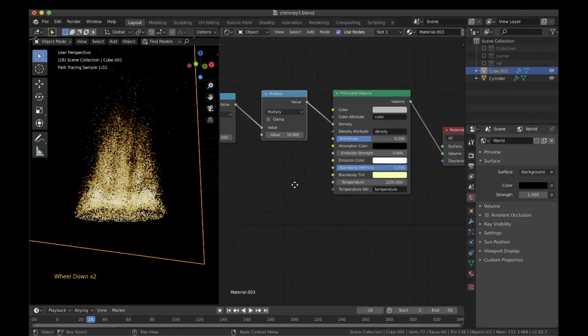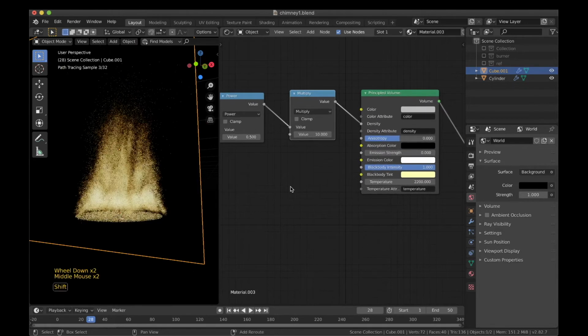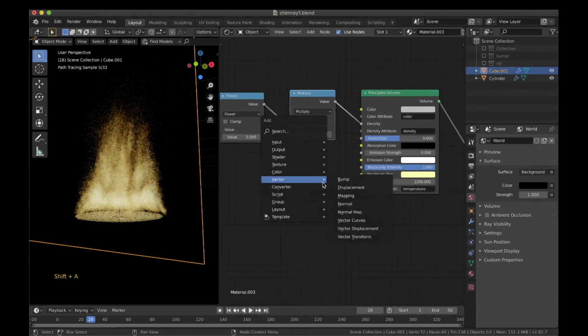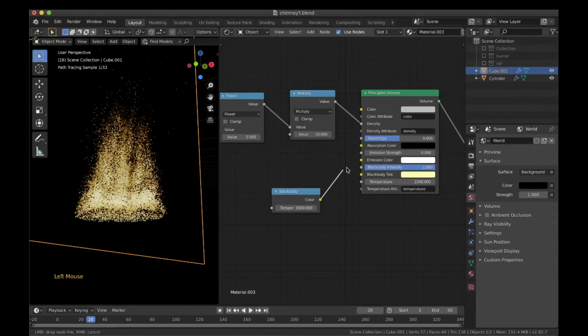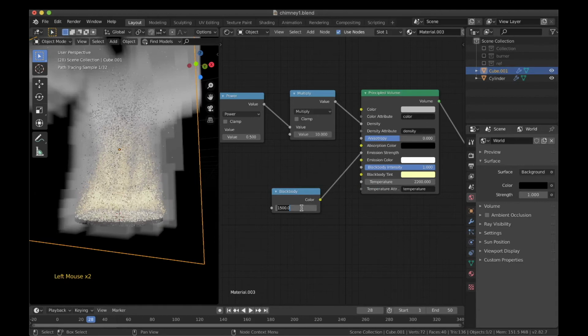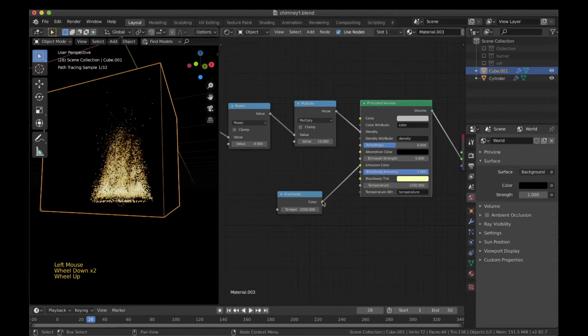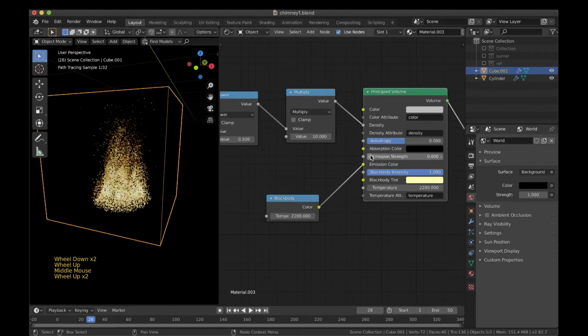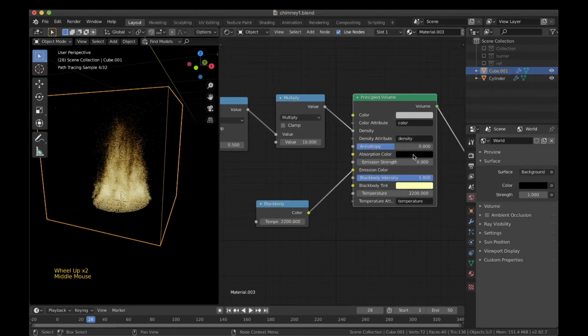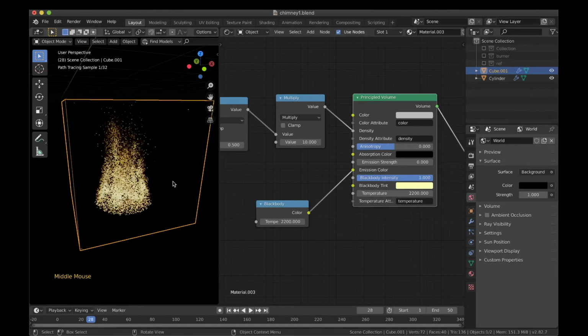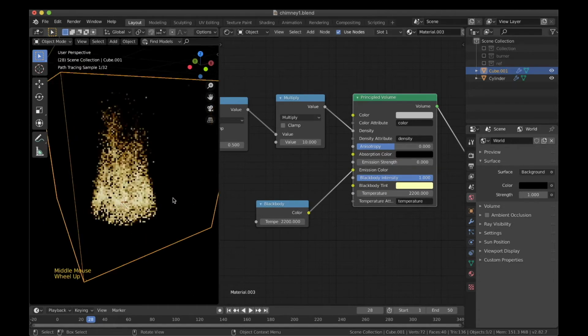And for the emission color, we can go to converter, blackbody, and over here I'll set it to 2200 again. Emission color, yeah. Emission strength I'll set to 0, absorption color will remain the same, and so will the anisotropy. We have a pretty fine looking result over here.